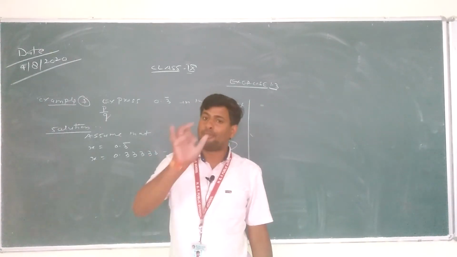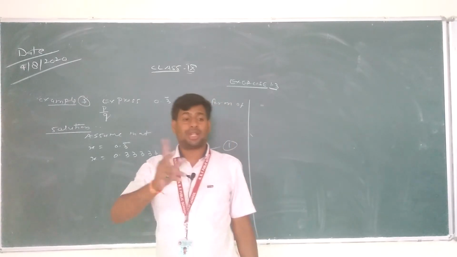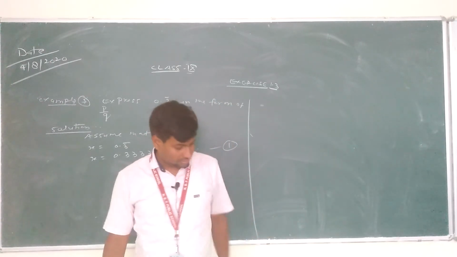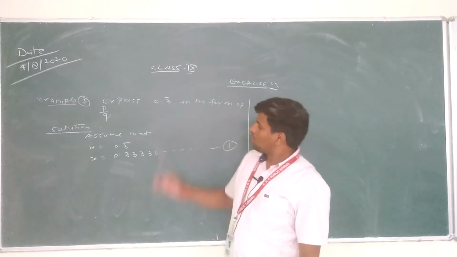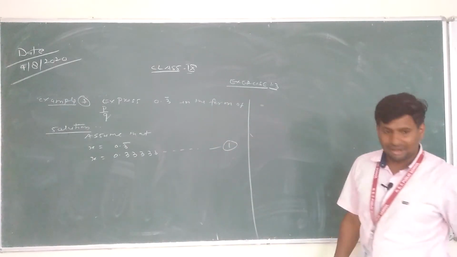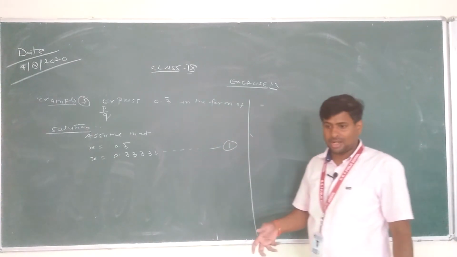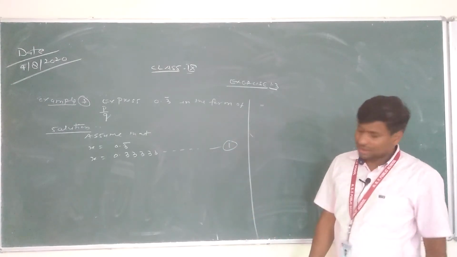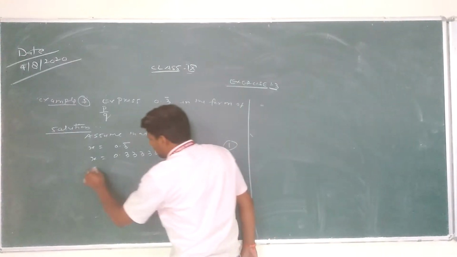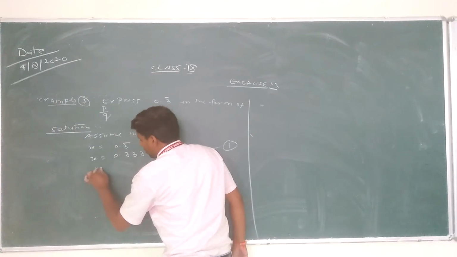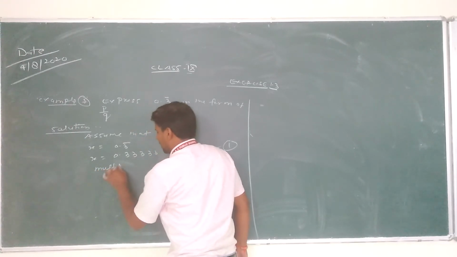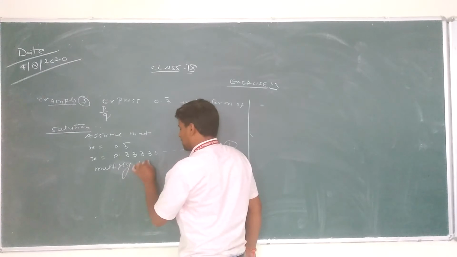That's clear. If one digit is repeated, we multiply both sides by 10. If two digits are repeated, we multiply both sides by 100. If three digits are repeated, we multiply both sides by 1000. So only one digit is repeated, so we multiply both sides